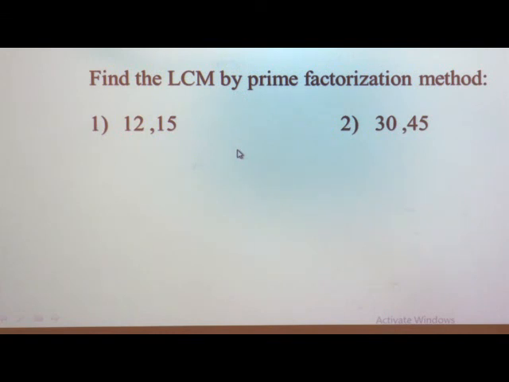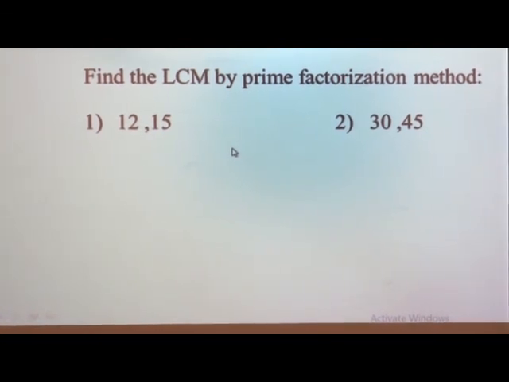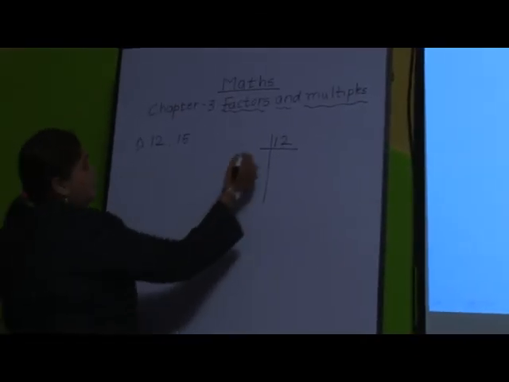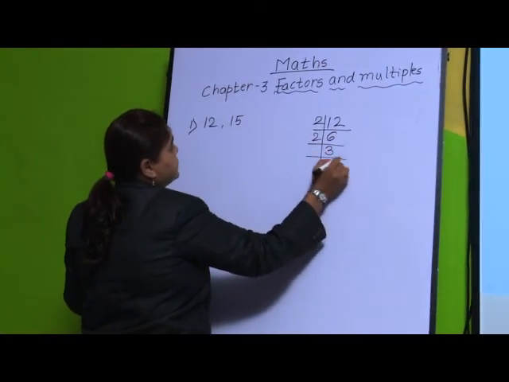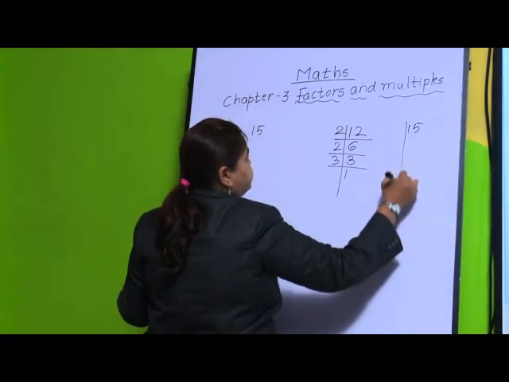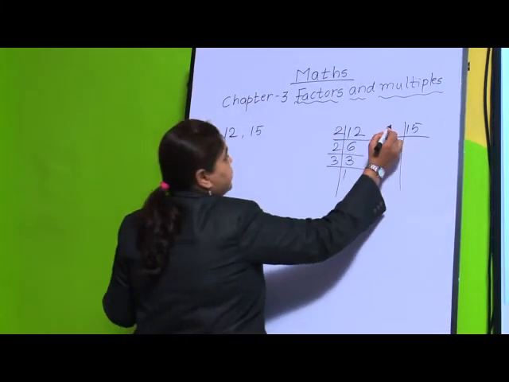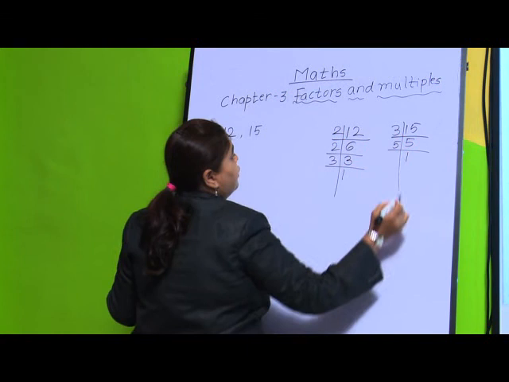Here we will solve the first example, that is 12 and 15. Now, what are the factors of 12 and 15? We will write here the factors of 12. Yes, you know very well. Now we are having an even number in the ones place, so it is divisible by 2: 6 2s are 12, 2 3s are 6, and 3 1s are 3. What are the factors of 15? Do we have an even number? No. So we will start with 3: 3 5s are 15, 5 1s are 5.